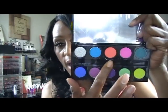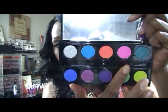Now the one downside with the electric palette, and by now everybody has ranted and raved about it, these are not eyeshadows, and they're not labeled as eyeshadows, they're labeled as pressed pigments. But you have Slow Burn, Savage, Urban, and Jilted. Those four shades have been deemed by Urban Decay and I guess the FDA as not being safe for eye use. And what that means is that the dye contents utilized to create these pigments in the US, the FDA feels like if we use them in the eye area, they can possibly irritate your eyes and they can possibly stain. But if you are a makeup junkie like us, we're not letting no little dye stop us from utilizing these colors,